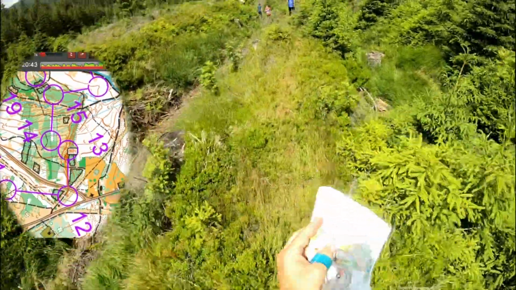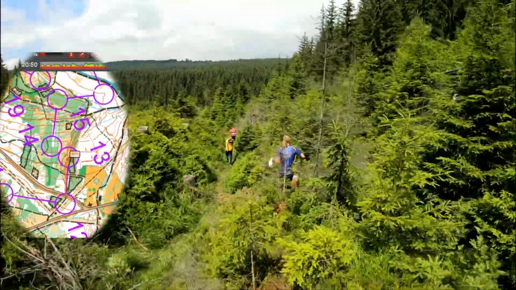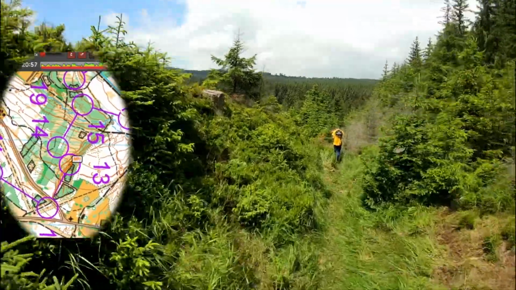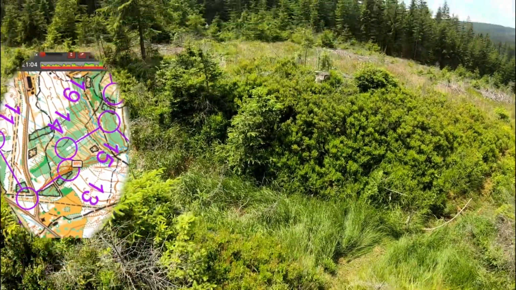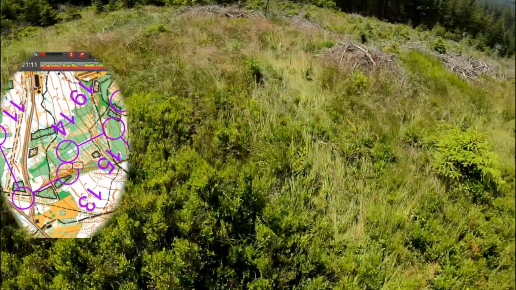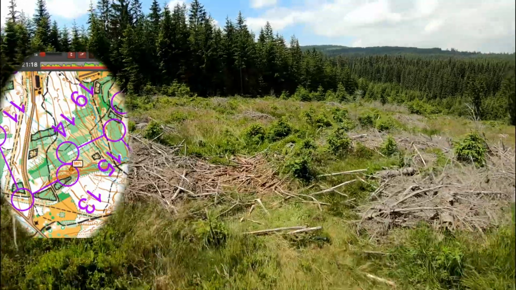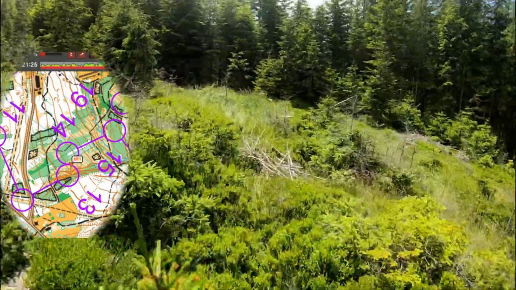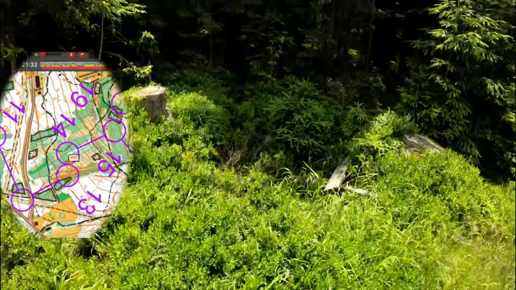Control number 14, well, again, it's very close to control 13, so fairly easy. To be honest, I didn't really nail it. I went a little bit too much to the left, so I ended up in that greenish area. Not sure why. Here, when I'm looking at the video, it seems pretty obvious that at that boundary, you can see that one part of the forest is higher and the other part is lower, so I'm not really sure why I entered this